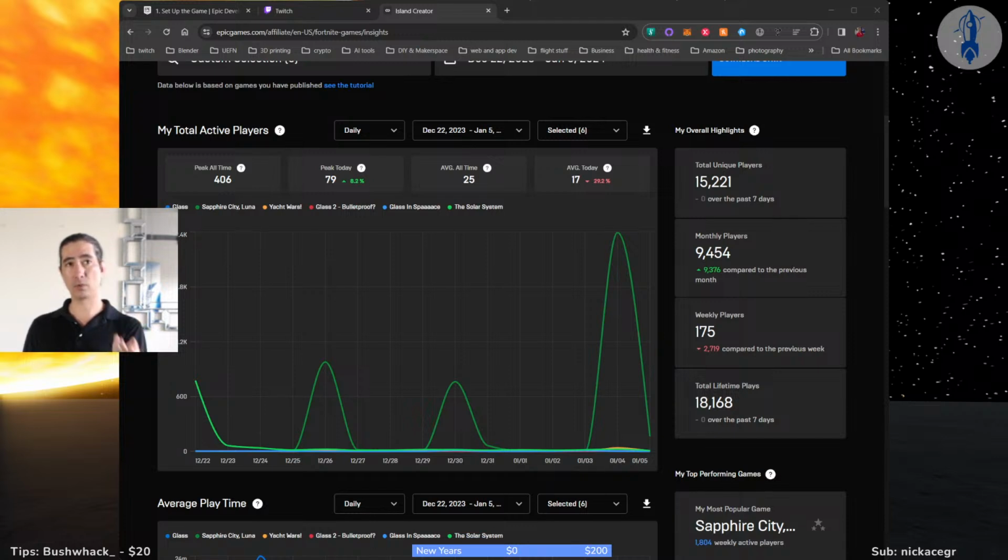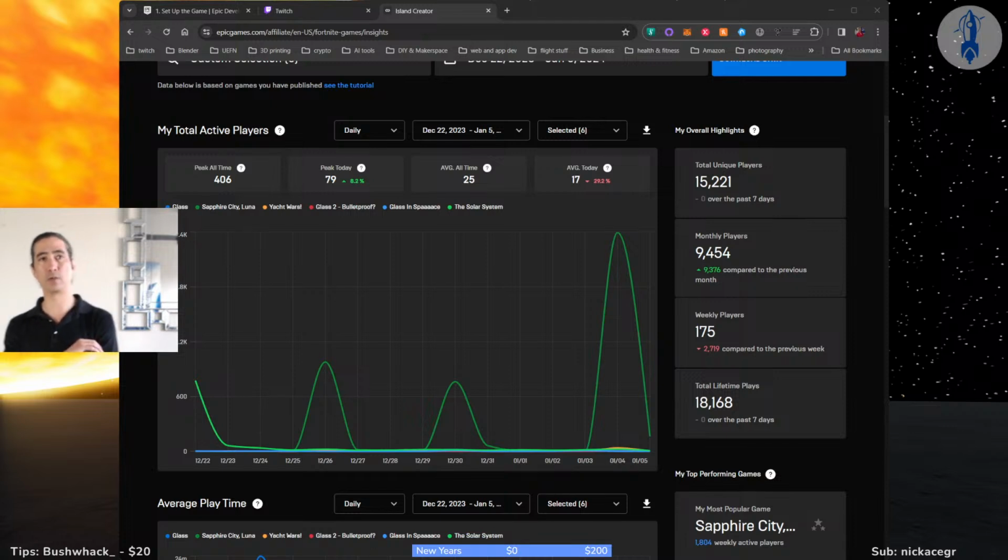So I made the solar system in about 2 days, published it at the end of the week, and then made multiple updates and improvements to it throughout the rest of the year. And then I finally published and finished Sapphire City. In between, over a good 6 months that it took to make that, there's a month or 2 in there that I took time out to make a different map because there was stuff that was just breaking.